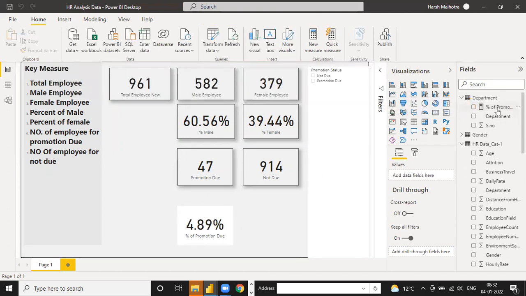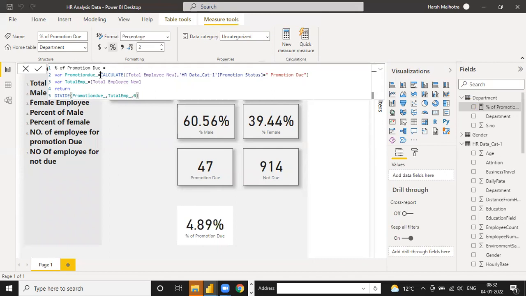4.89%. But how to calculate? This is a very simple way. This function, this total variable, actually this function calculates the promotion due. So whether you calculate this promotion due or not is your choice. But if you need to directly calculate the percentage value, you can give two variables. One is for your x value, one is for your y value, and then return x divided by y. That's a simple thing. And the answer is in percentage. For the y value you always give the base value. For the x value you give the one for which you have to calculate the percentage.